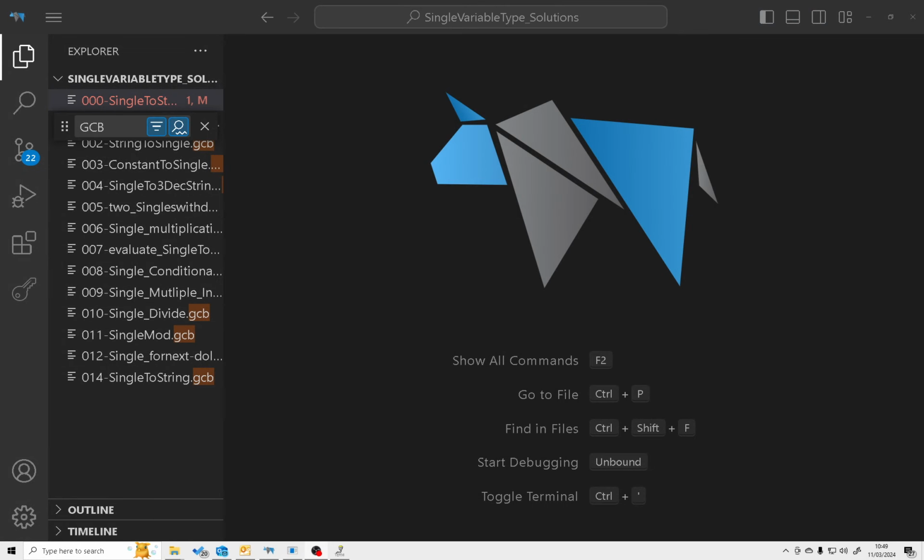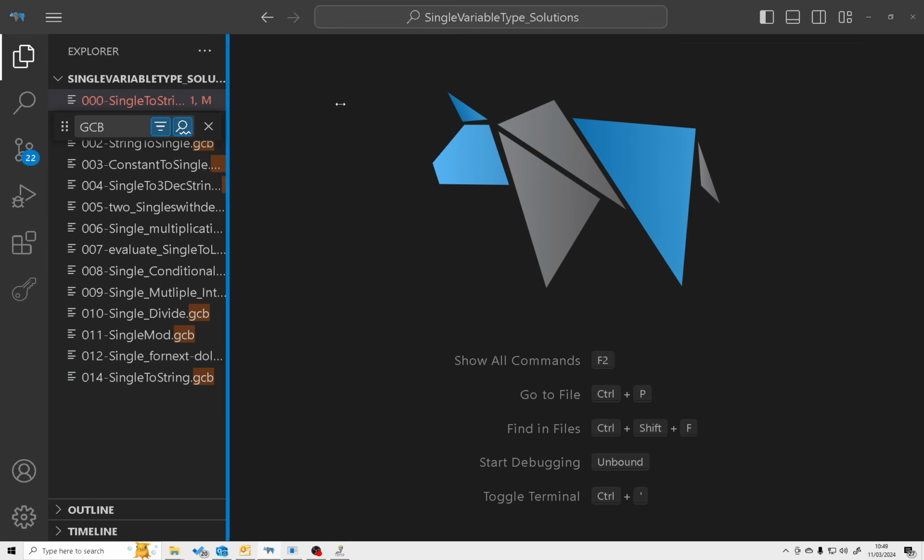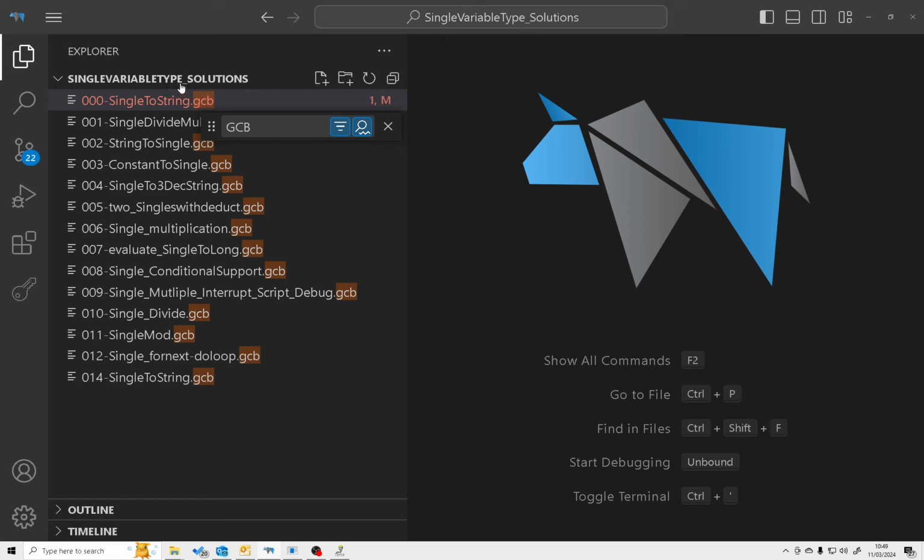I'm in the IDE, I've got open a folder that's called single variable type underscore solutions. It's in GitHub and in the demonstrations folder. There are 14 files in there. We'll walk through them very quickly. Okay, let's start with